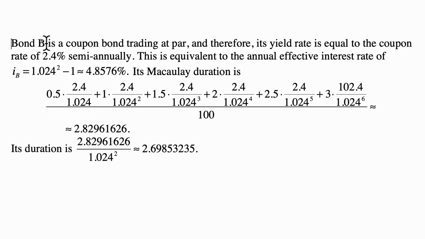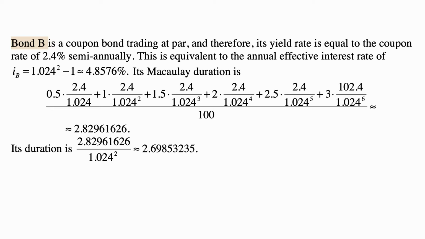Bond B is a coupon bond trading at par, and therefore its yield rate is equal to the coupon rate of 2.4% semi-annually. Because its annual rate is 4.8%, but we are told that it's nominal annual compounded semi-annually. This is equivalent to the annual effective interest rate of 1.024 squared minus 1, and that's approximately